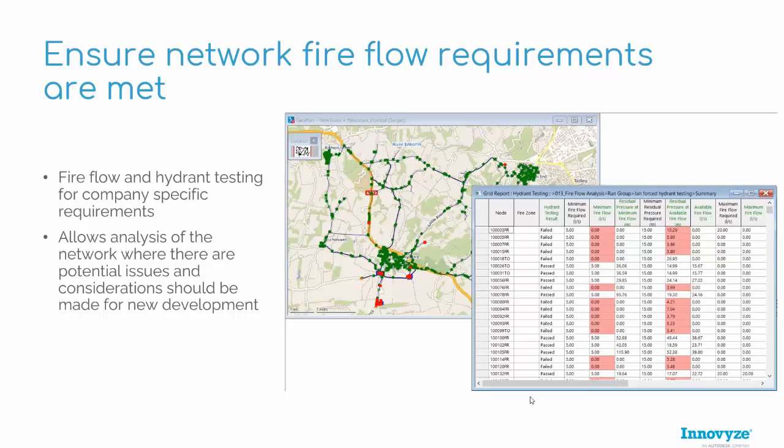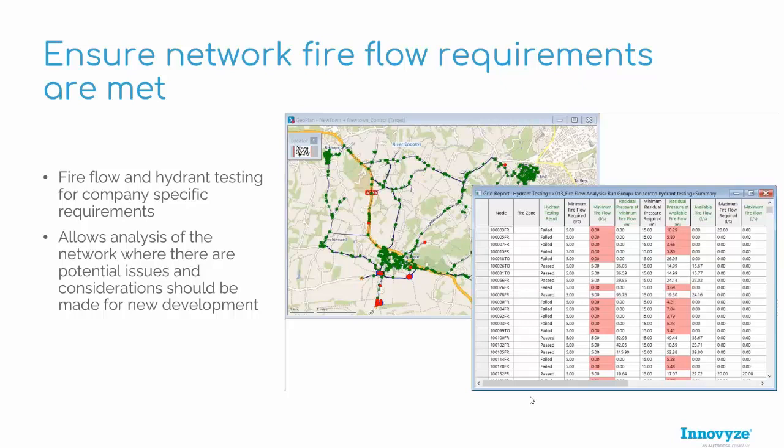The tools in there enable you to test your fire flow and hydrant testing based on your requirements, and that may vary throughout your network, and those can be totally custom inputted. The results can then be seen graphically, seeing which hydrants fail those tests, and then planned works and projects can be done around that to ensure that the network is potentially changed or enhanced